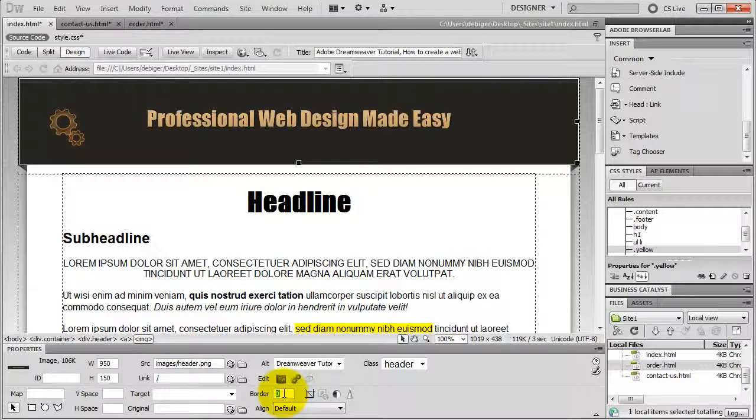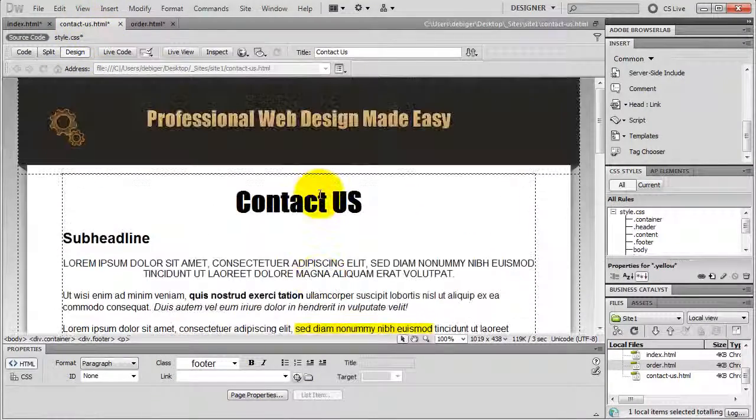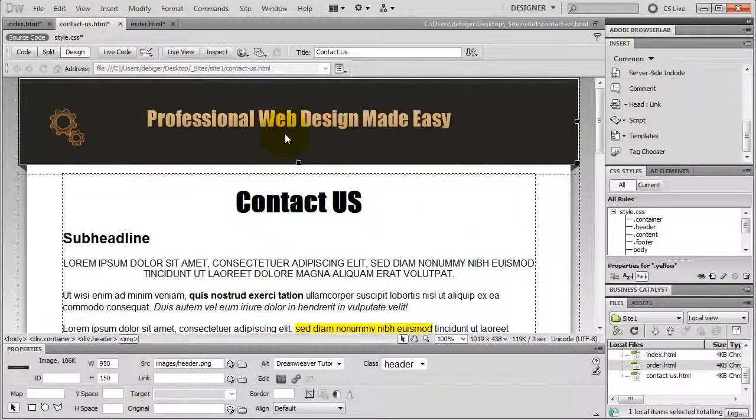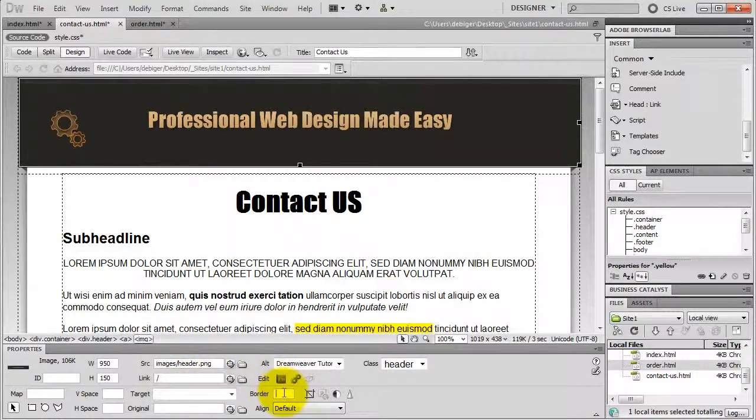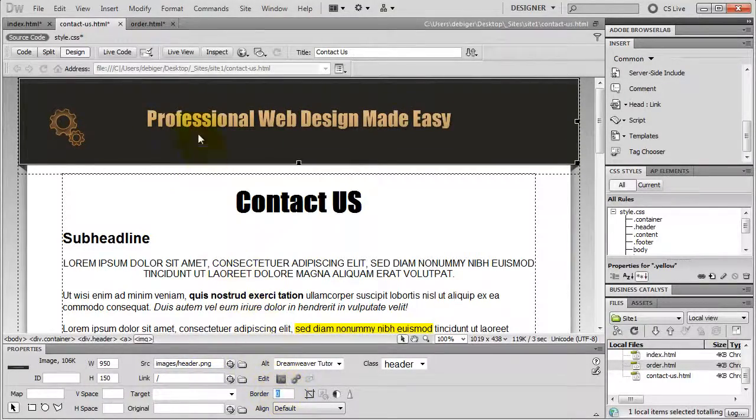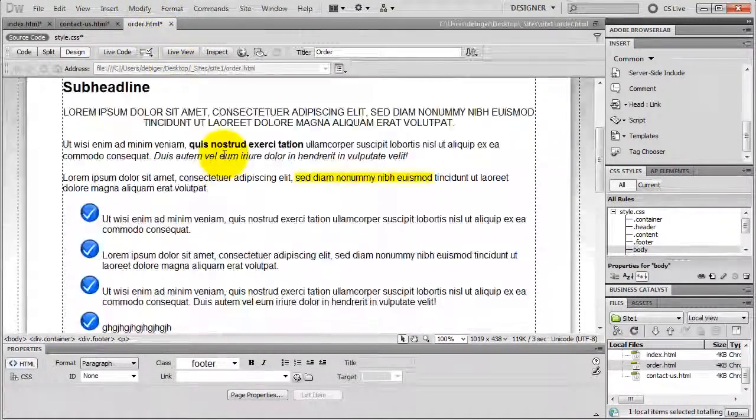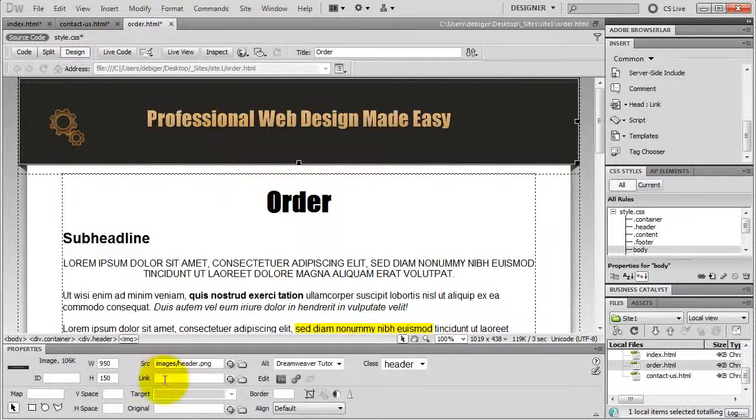Okay, I need a link to my home page in my other two pages as well, so I go to my contact page, select my header image, type in a /, and 0 for the border. Go to my order page, select my header image, /, and border 0. Go back to my index page,